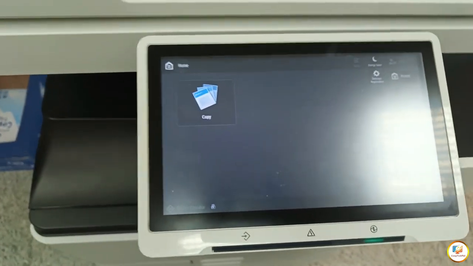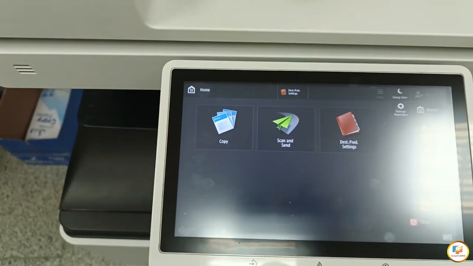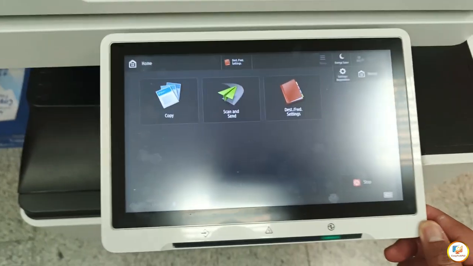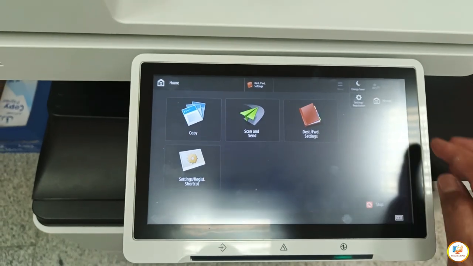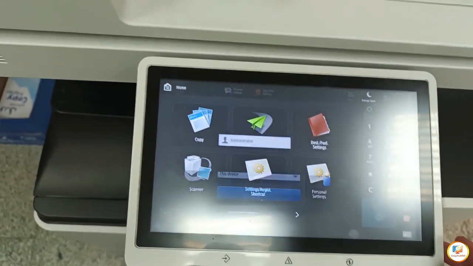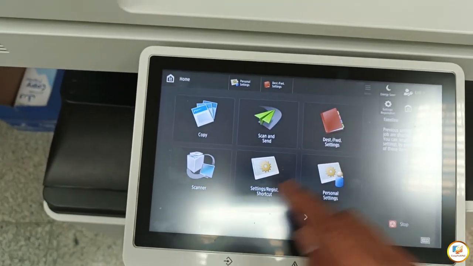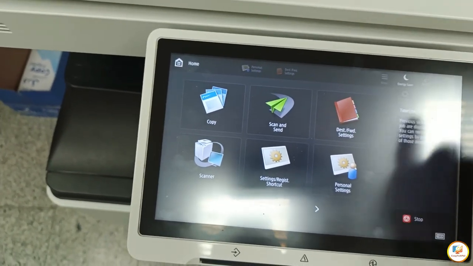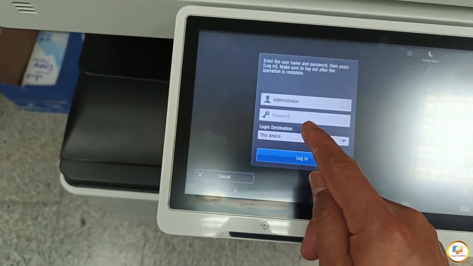Okay. Now we're going to check if the password was already cleared. We're going to tap login, then administrator.